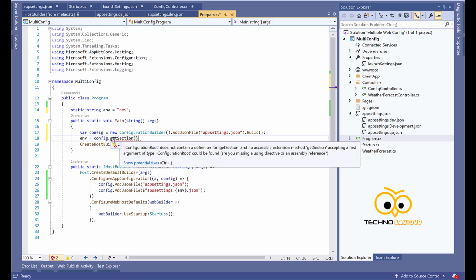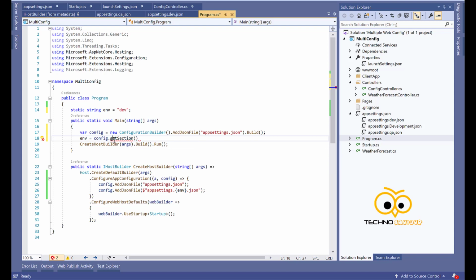Okay, G is capital, my mistake. So GetSection, what section do we need? We need the env section, and we are interested in its value, so env.Value. Now this env string becomes dynamic.